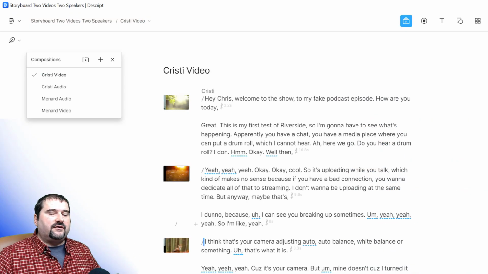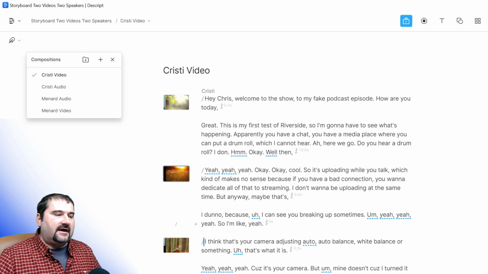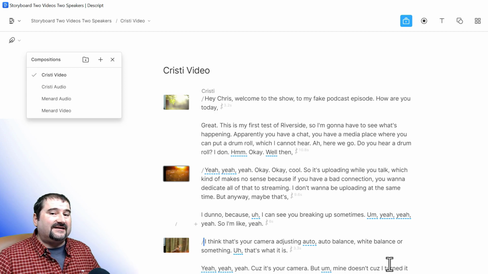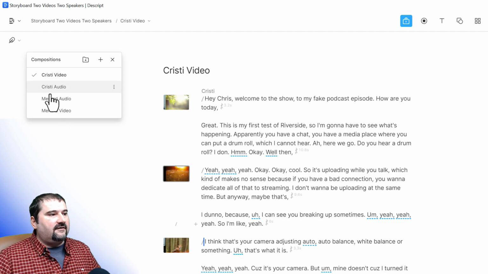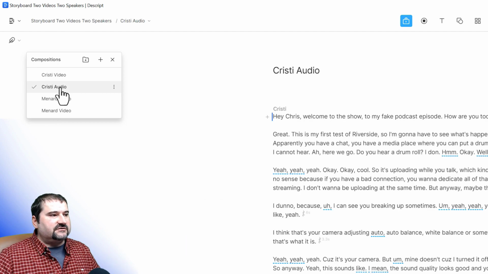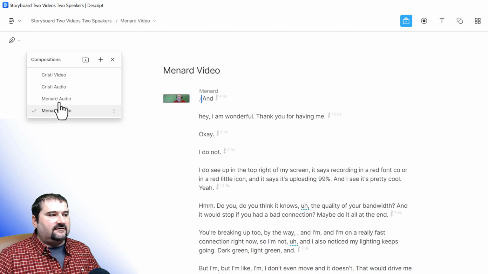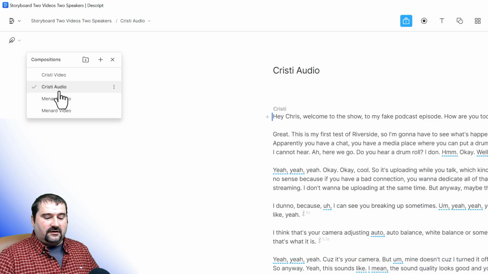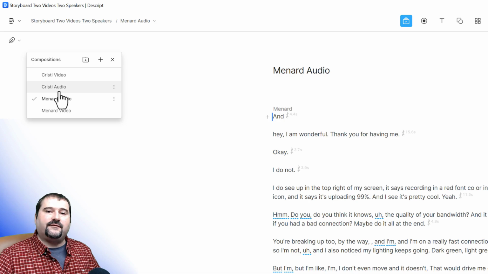Well, in Storyboard, these two things have been separated, and it looks like it's a bit of a cleaner interface. And you have multiple compositions here. You can switch between them, and they change as you click on them. And you can also navigate with the arrows between them and press enter to open the one you want. So that's another way if you prefer the keyboard.